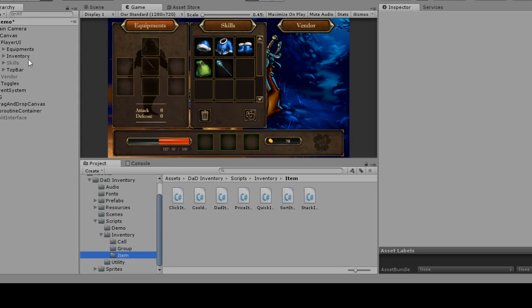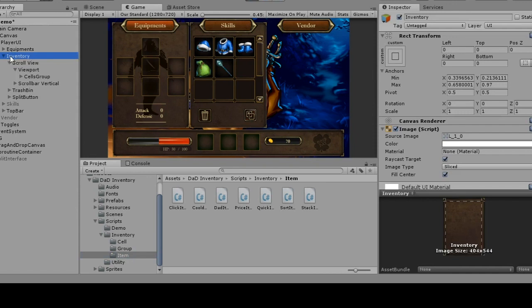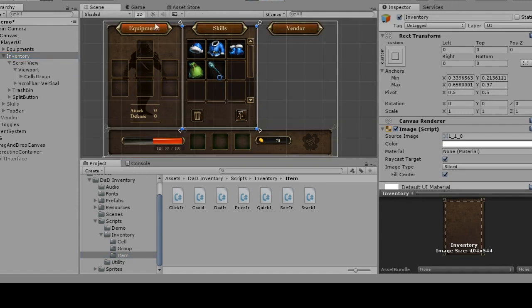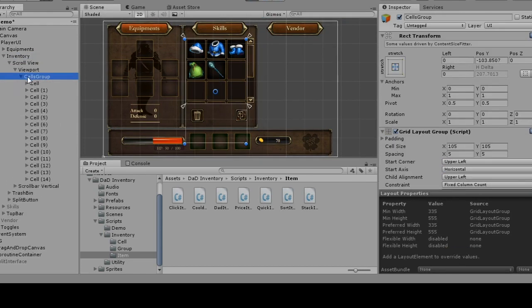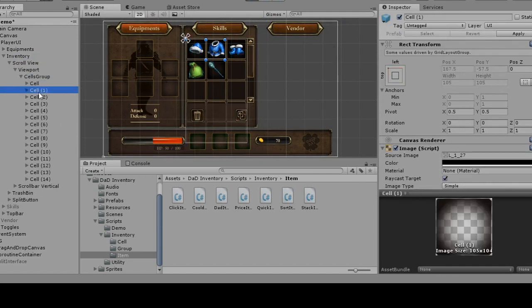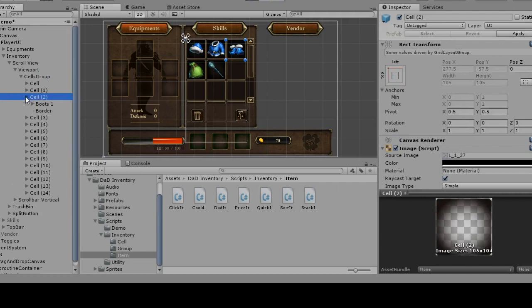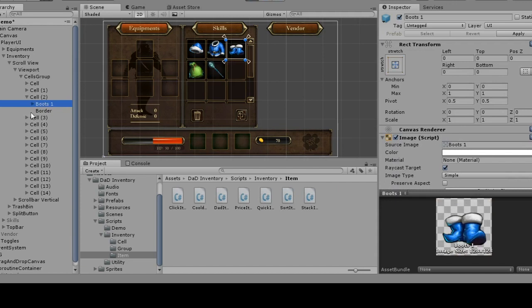Let's take a look at the demo scene. Open the inventory tab. Here it is. We can see here a group of cells, the cells, and also some cells have some items in them. The boots, the bag,